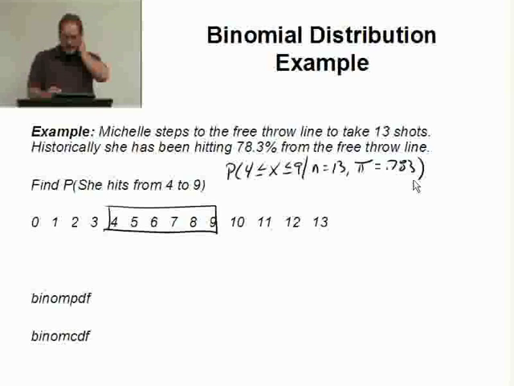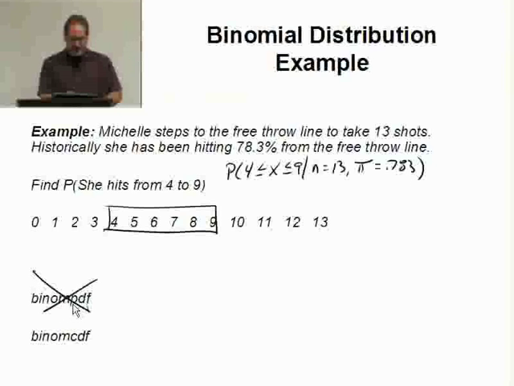Now, how can I do this on the calculator? Well, again, I don't want to use PDF. I could use PDF. Take the PDF of 4, add it to PDF of 5. It's kind of a long way around, but yeah, I could do that. But notice if I take the CDF of 9, if I do binom CDF